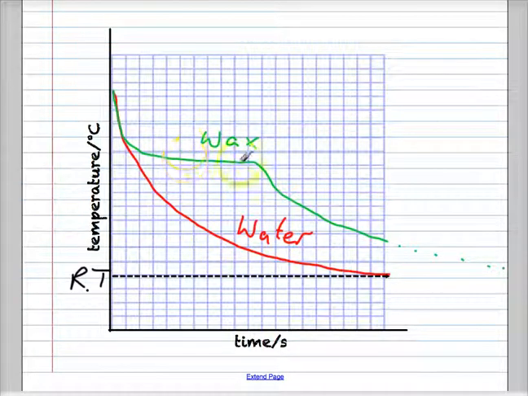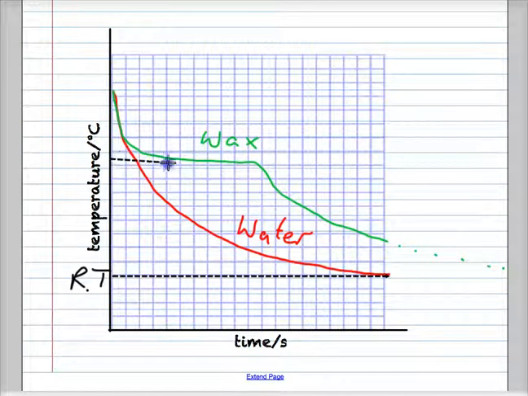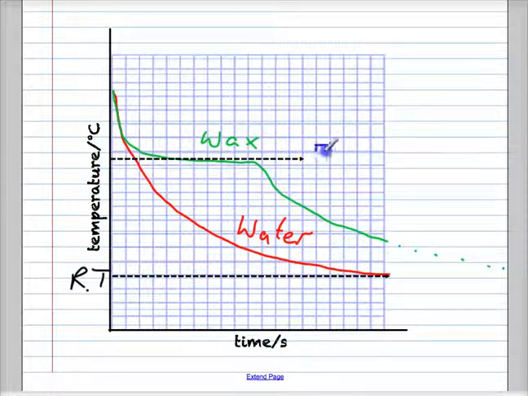The reason for the difference, it's to do with the phase change. The wax changes from a liquid to a solid. Now the melting point of wax is around about 53 degrees. I'm just going to write that in there, 53 degrees here. And this flat area corresponds to the time at which the wax is changing back from a liquid into